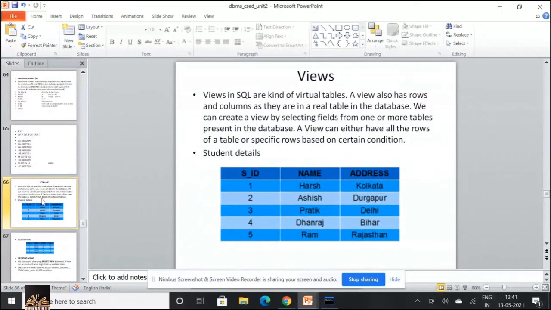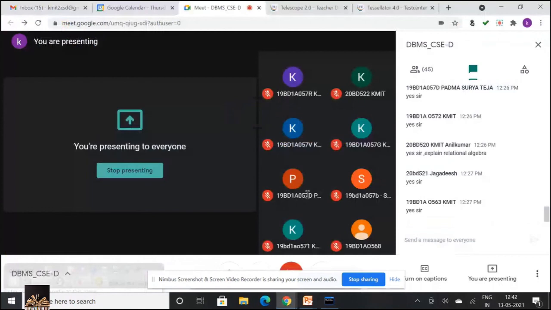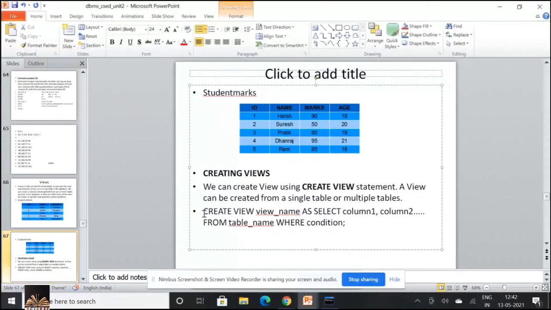A view is created using the create keyword only. So creating views, we can create a view using the create view statement with the following syntax: create view view name as select column 1, column 2, and so on from table name.